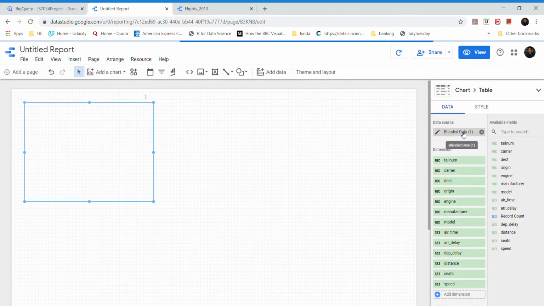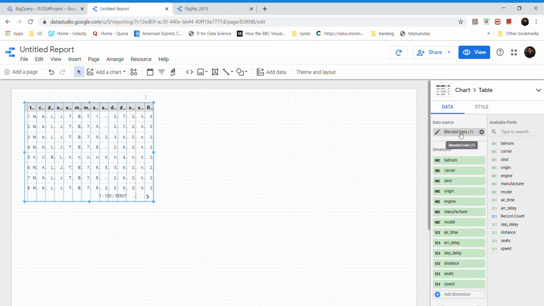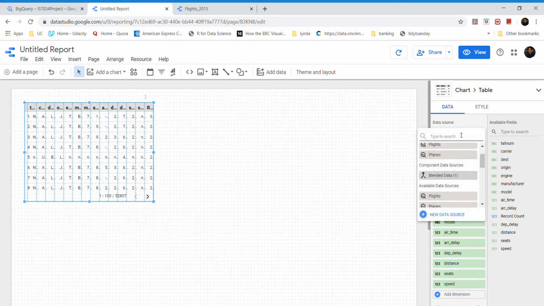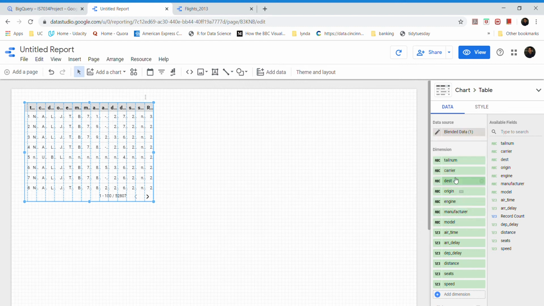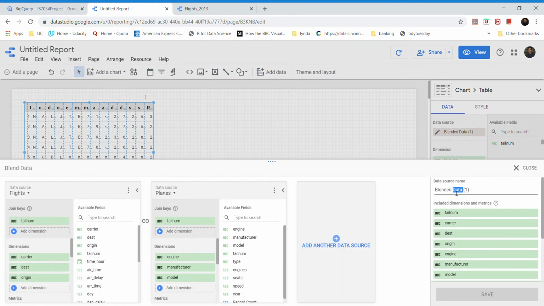Now as you can see, I did not specify a name when I joined the data, so we can come to this data again, click on edit, and you can specify the name here. I will put flights underscore planes. Let's save it.